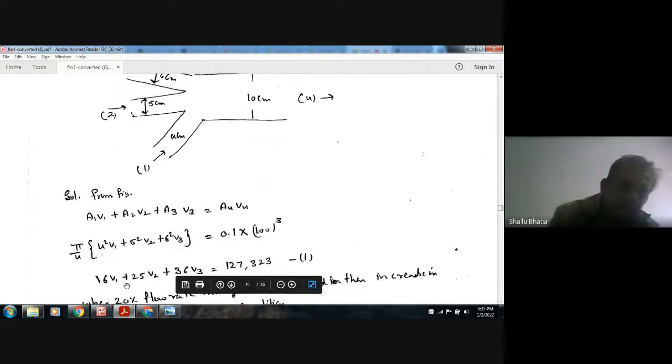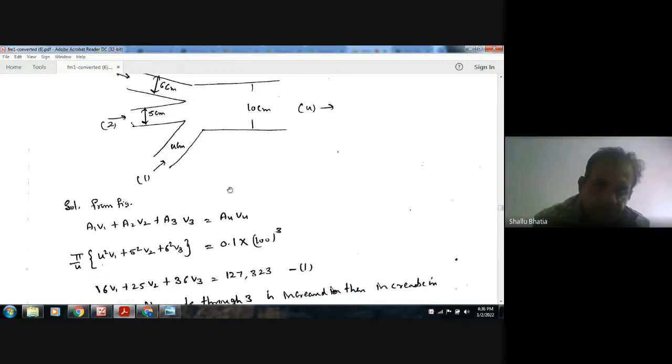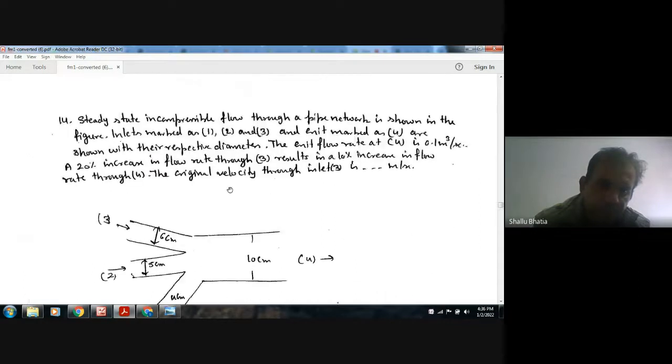Okay. So here there are the inlets A1, B1, A2, B2, A3, B3. Okay, and this is the outlet A4, B4. Okay. So here the diameter is 4, here 5, here 6. Okay. So it is 5 by 4, 4 square V1, 5 by 4, 5 square V2, and 6 square V3. Okay, here the diameter is, you can think that, okay. So it is 0.1 into velocity is